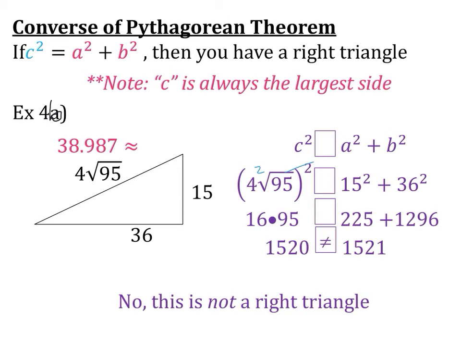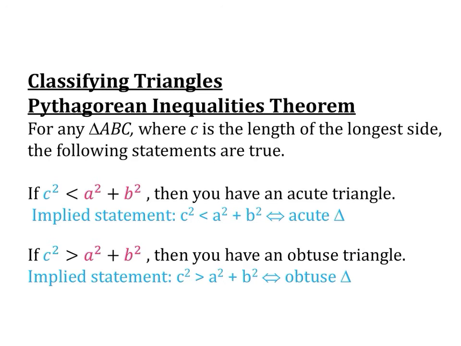So the 4 squared becomes 16, and then the square of the square root of 95 is 95, multiplied together to be 1520. All right, so then what happens when it's not balanced on both sides? Well, this takes us into the Pythagorean inequalities theorem. It states that for any triangle ABC where C is the length of the longest side, the following statements are